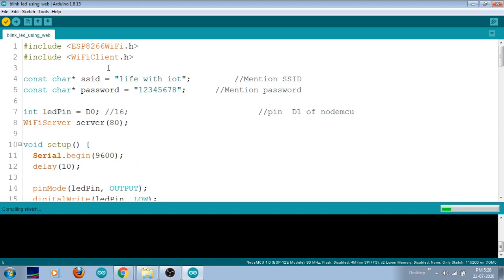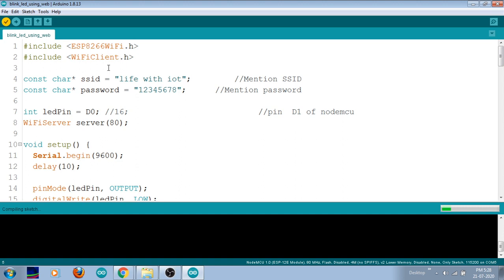By using Google Chrome or some other browser, how to control your home appliances, I will be explaining now. In the very first line, we will be coding with the library file. The ESP8266 Wi-Fi is the required library for making your Node MCU connect with your Wi-Fi devices. First of all, your device will be given an IP address, and that IP address has to be connected with your internet. For that we are in need of this particular library, ESP8266.h.